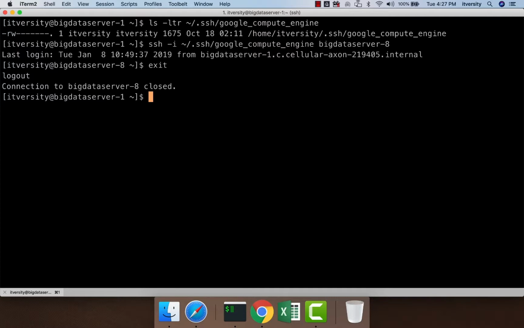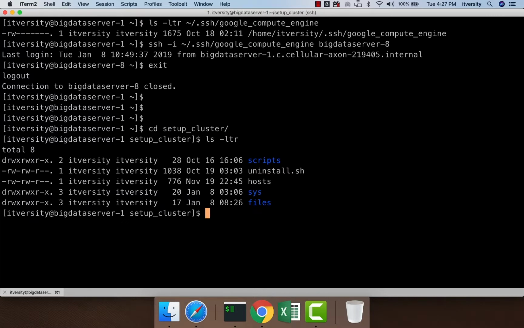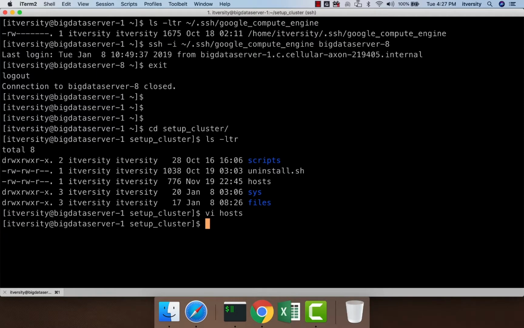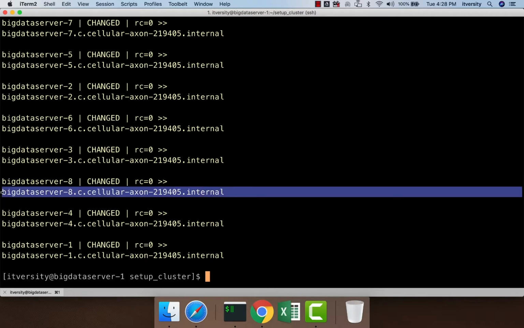Meanwhile, you can go to the gateway node of our cluster. As we are using Ansible to take care of certain mundane tasks such as validations, installing packages, etc., we have to update our Ansible repository. So in this case, I'm going to this setup cluster and then open this hosts file. For now, I'll be adding only to all and came out of this. And to validate that we are able to connect to this 8th host also, I want to run ansible all -i hosts -a hostname -s and then --private-key=.ssh/google_compute_engine. You can see that even on the 8th, it actually ran this hostname -f command and gave the output.